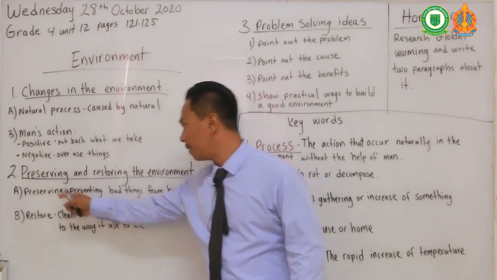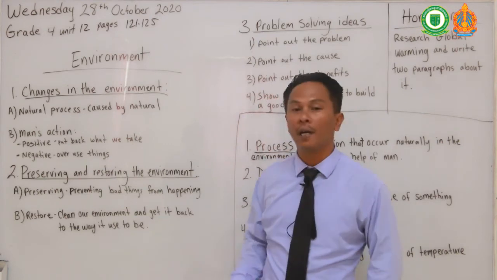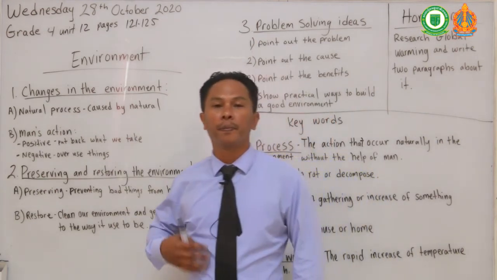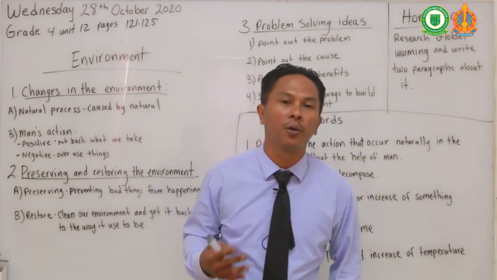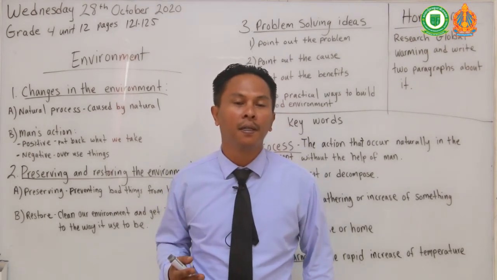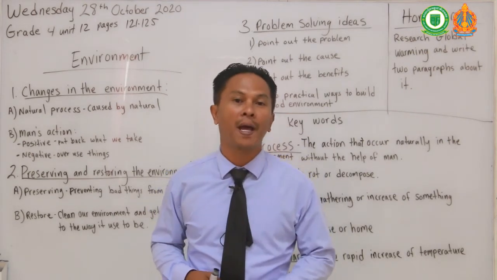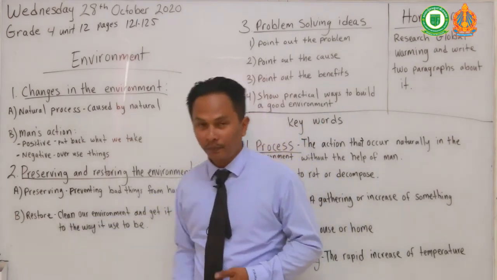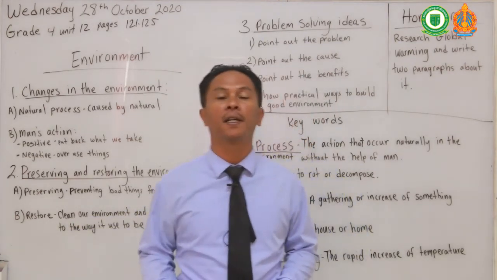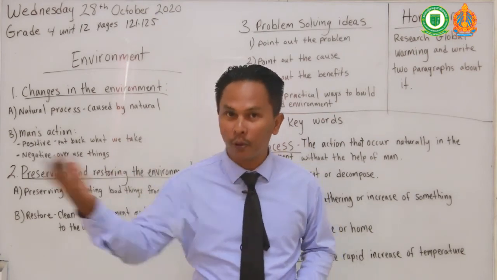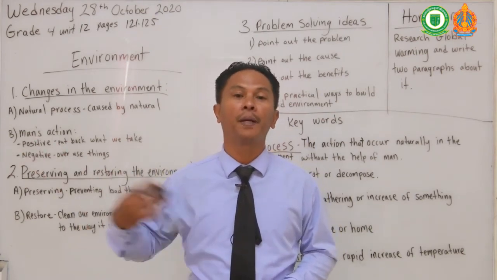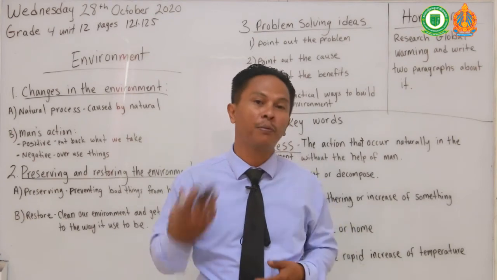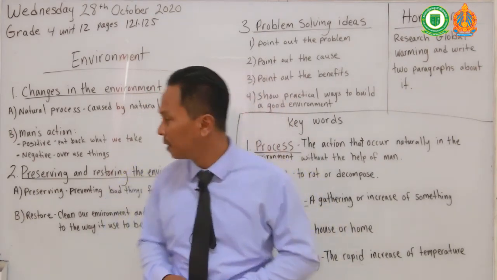Okay, and then we also learned about preserving and restoring our environment. So when we preserve our environment, we're doing things to help keep it clean, or we're preventing bad things from happening. That's how we preserve it, okay? Now to restore is trying to put things back together. For example, like the forest. Cut down trees, plant more trees. Okay, so we would have more for the next generation to use.